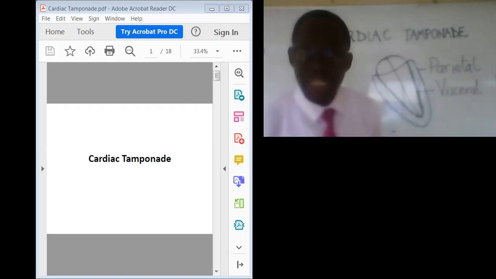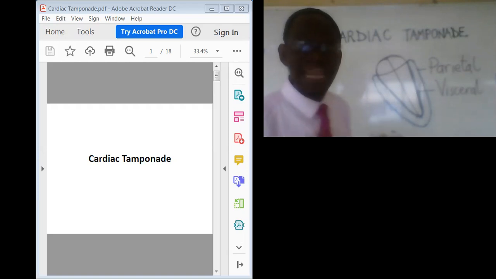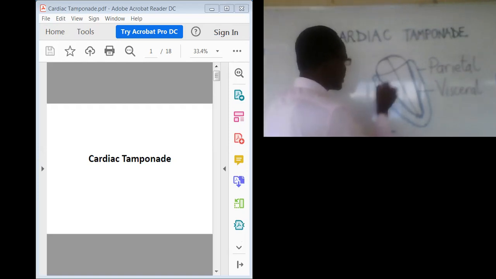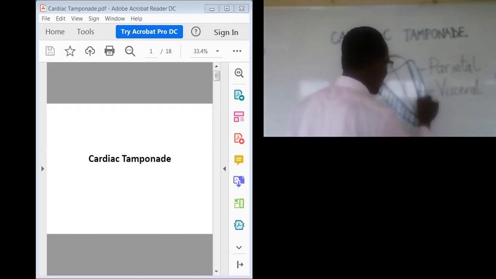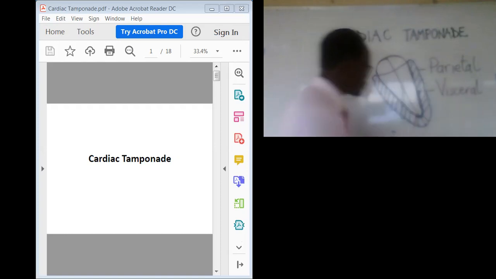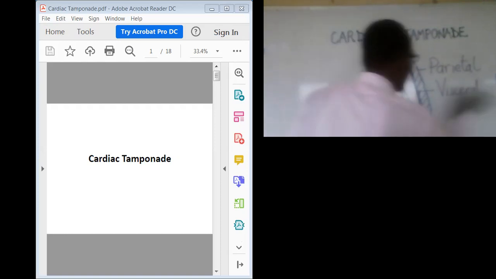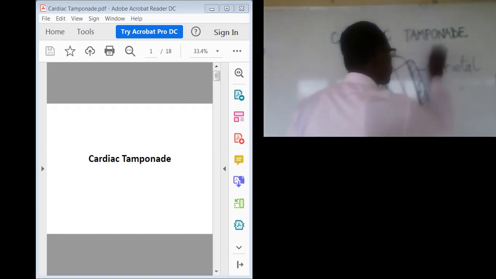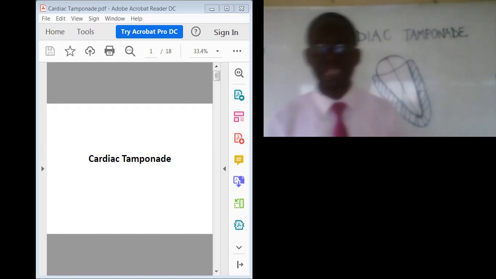Now, in a normal person, this sac is filled with very little fluid, about 50 mils of clear fluid, just to prevent friction as the heart relaxes and contracts as it performs its